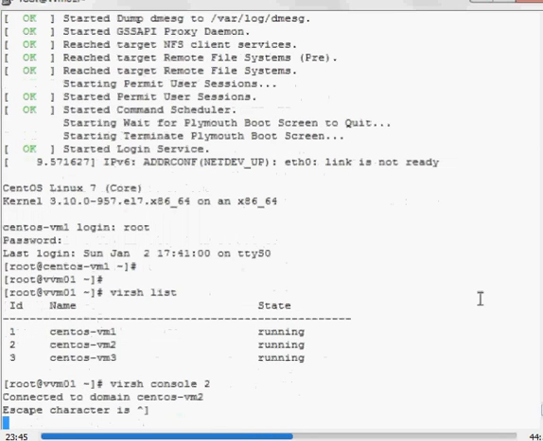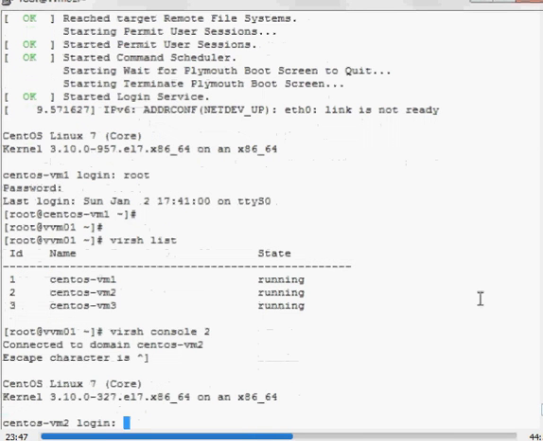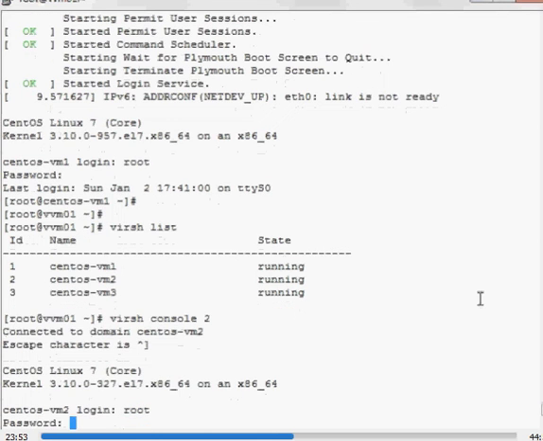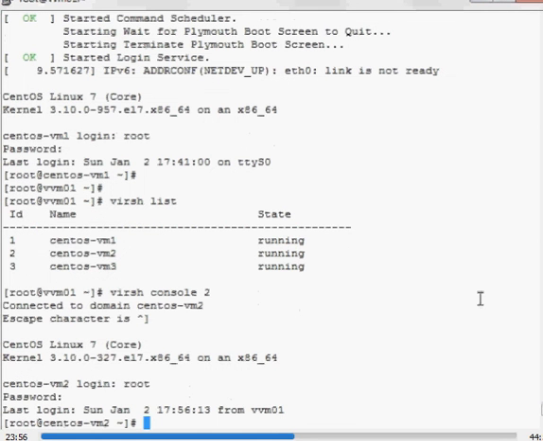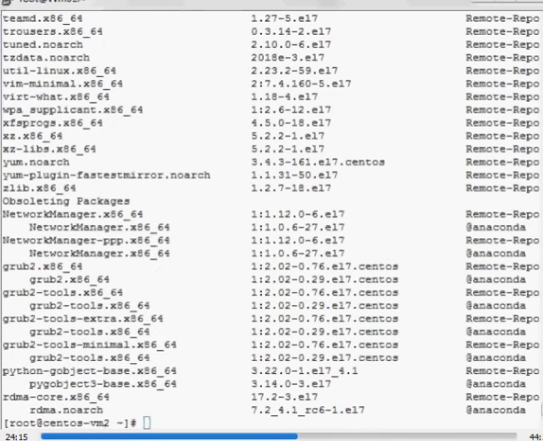Now let's log into the console of CentOS VM2 and let's perform the patching activity. First, let's check the packages available. Exclude the Apache packages, so it will patch all these packages except the Apache packages.